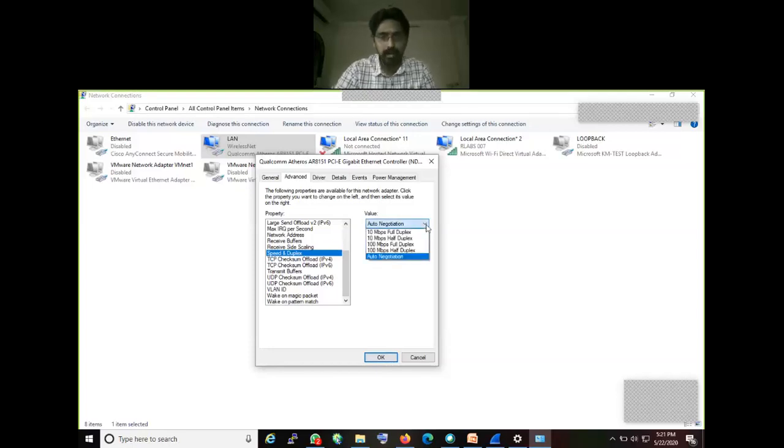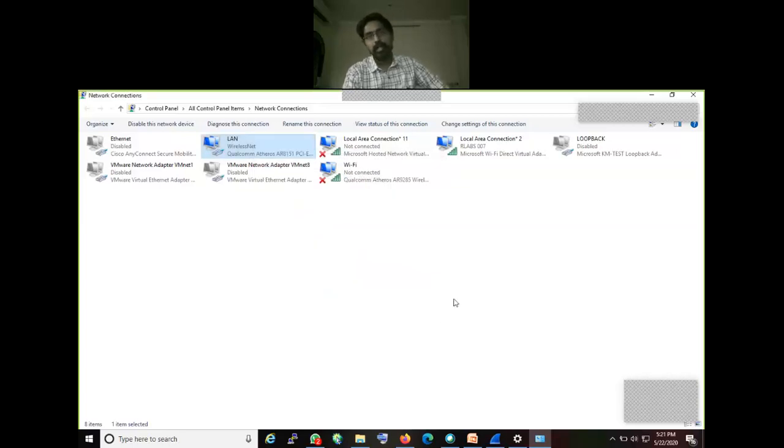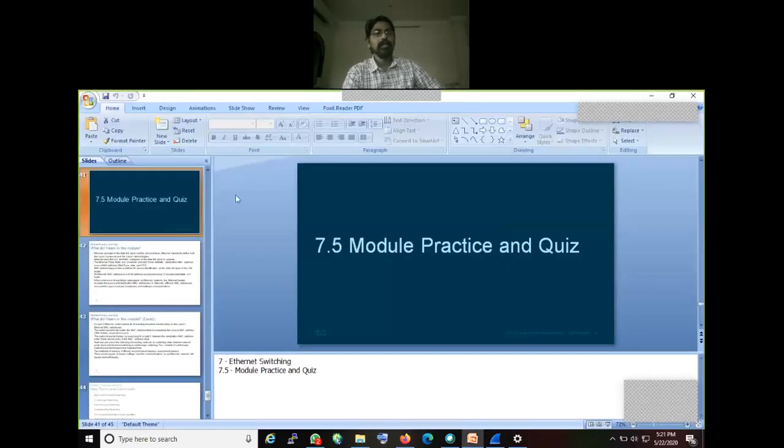Here we have different options: 10 Mbps full duplex, 10 Mbps half duplex, 100 Mbps full duplex, 100 Mbps half duplex, auto negotiation. This is the way we can configure our speed and duplex settings in our network interface card. So with this, our module is finished.